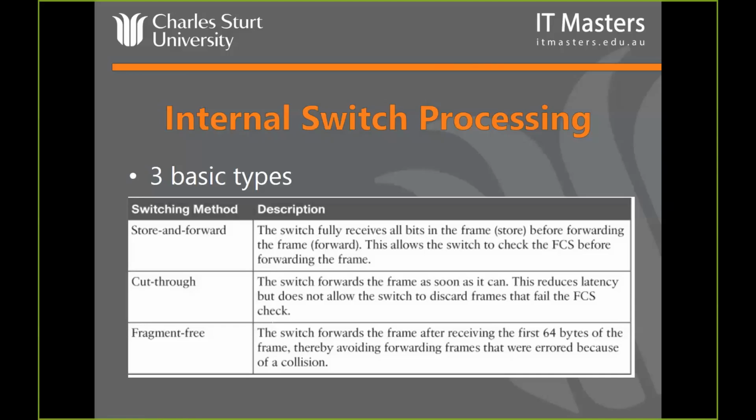And the reason it's magical is that it's related to the earliest point in a frame at which a collision can be detected. So the vast majority of collisions in any network, irrespective of its diameter, will occur in the first 64 bytes of the frame. What it's basically betting on is if I get to the 64th byte and I haven't detected a collision, I'm confident there's not going to be a collision,